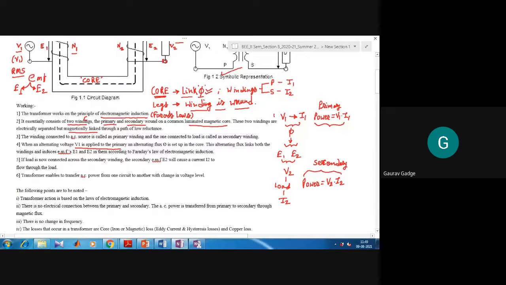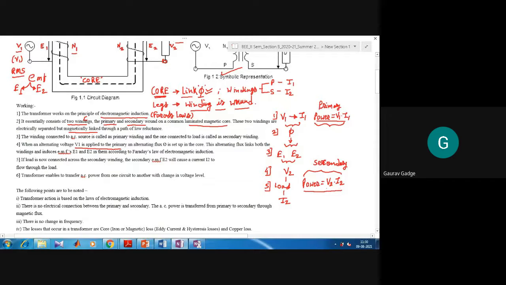So this is the working principle of a single phase transformer. The starting point is where the supply voltage is given and current is passing. That develops the flux and links the flux, from Faraday's laws of electromagnetic induction. That is, electric supply is given and a magnetic flux develops. So magnetic induction means the EMFs E1 and E2 get developed, and that develops the secondary voltage V2. Now, if the load is placed, the current starts passing through the secondary side.